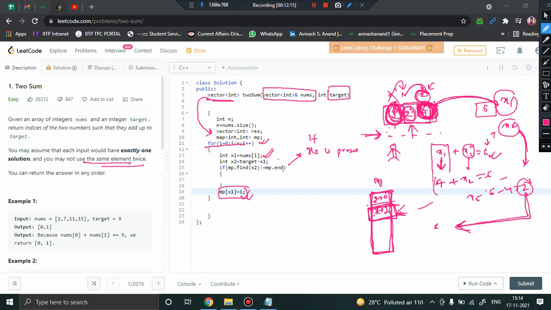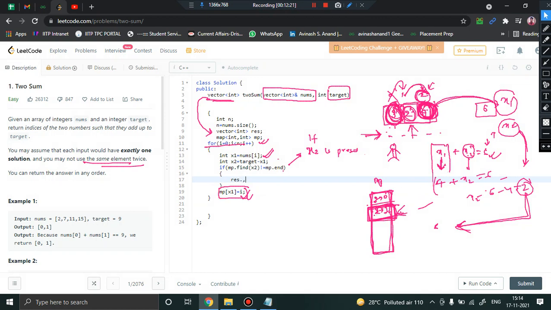So the moment you find out that this 2 is present in the map, I should store it into my result vector. Result dot pushback the index, which will be mp of x2, corresponding to x2, whatever index you stored earlier, that you have to return.